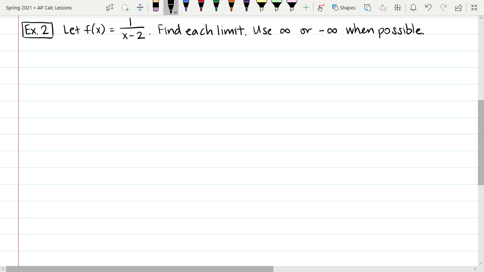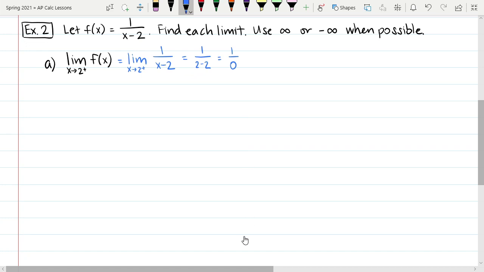Either way is fine. All right, so the first limit that we're going to find is the limit as x approaches 2 from the right of f of x. All right, so if I'm trying to find the limit of this function as x approaches 2 from the right, first let me go ahead and rewrite that function. So we're talking about 1 over x minus 2. Now remember, you learned last week that if you are trying to evaluate the limit analytically, we should be using direct substitution first. So if I use direct substitution, we do get 1 over 2 minus 2, which becomes 1